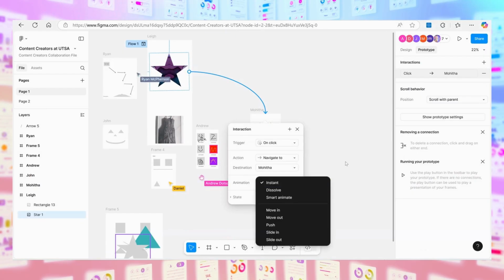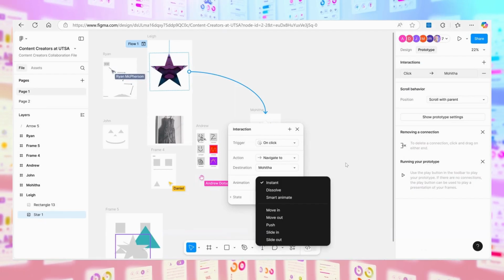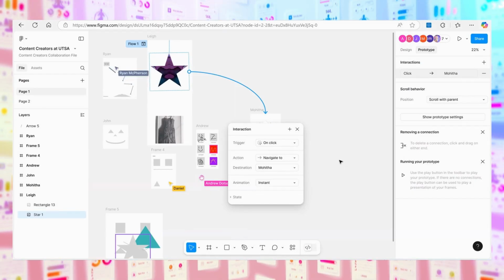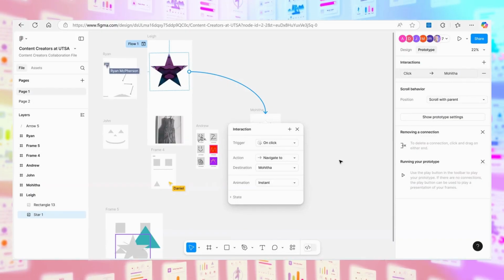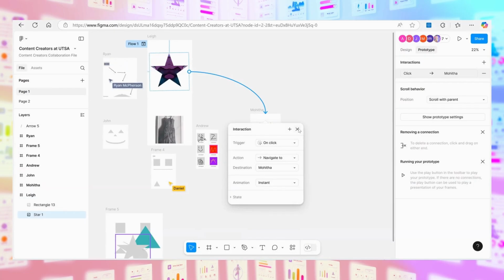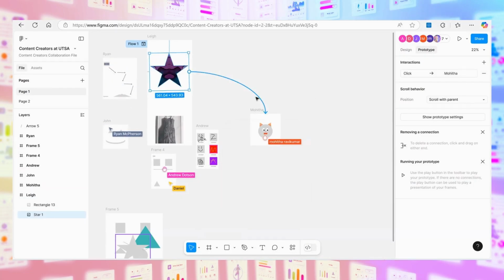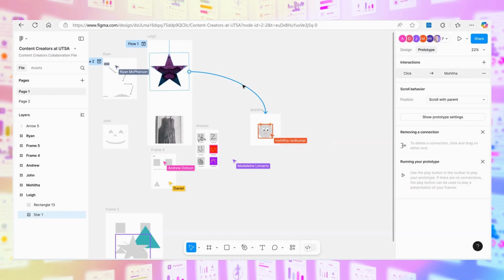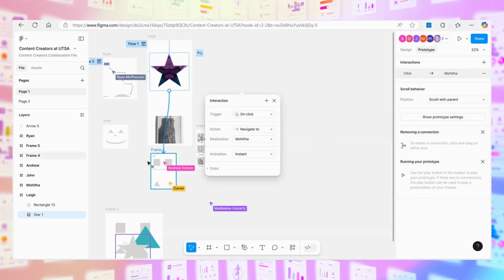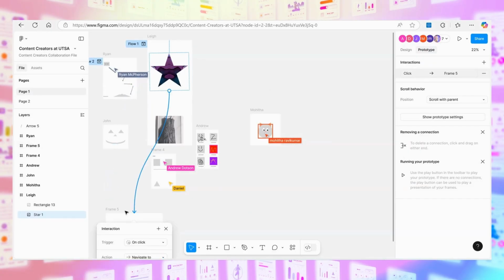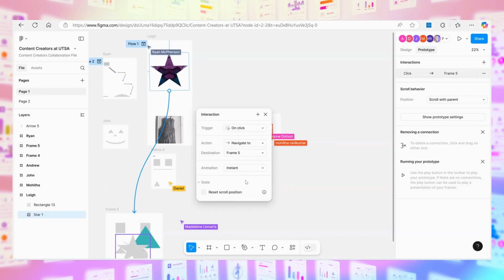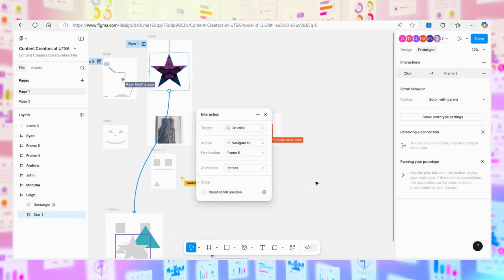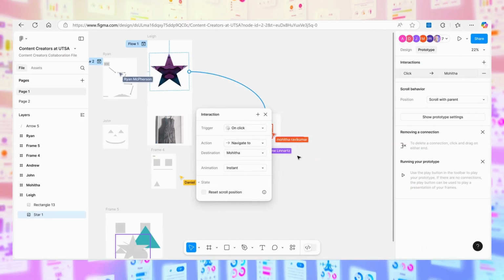Animation could be instant, a dissolve, smart animation, pushes, slide in, kind of like when you're doing video with Premiere Pro, those transitions, or in Adobe Express. It will have those kinds of animations that make it look real. So this little guy here is clicked from my screen to Mojita's. If I want to change it and I was supposed to go to Maddie's, I can click on it and literally move it over here and boom, it's on Maddie's. I can also change states. It gets a lot more intricate. And then I can go back to Mojita with a drop-down box in an instant.